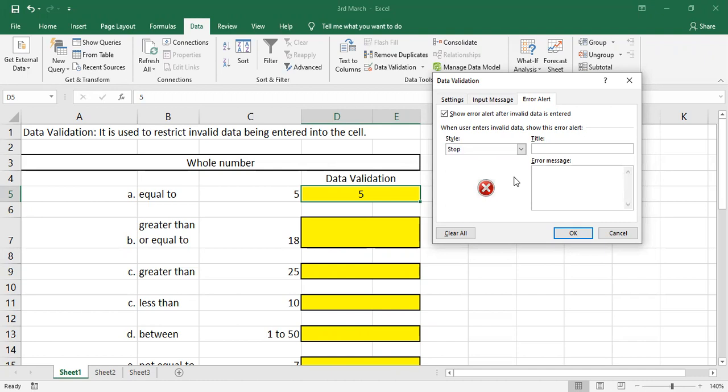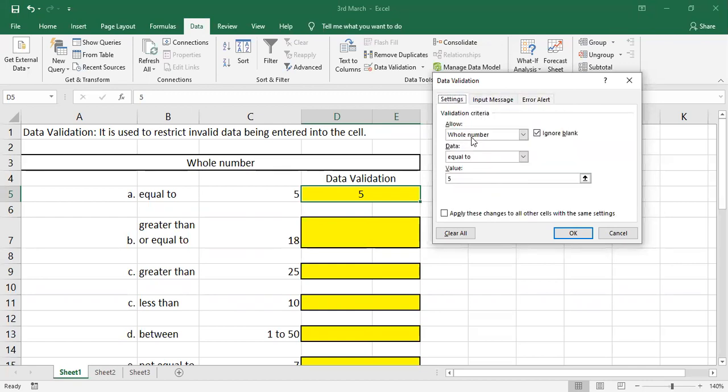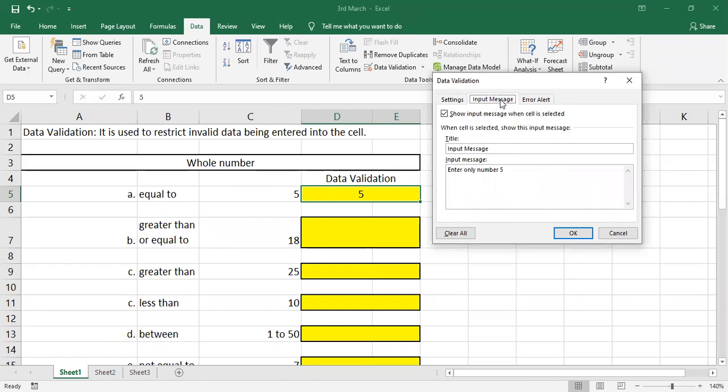In the error message, if it is invalid data, the screen will show an error message. So I'll give the title Invalid Data, and the message Invalid Input. See, this and this are optional, but the settings here are what customize the validation. You can see the input message I have given is: enter only number 5.